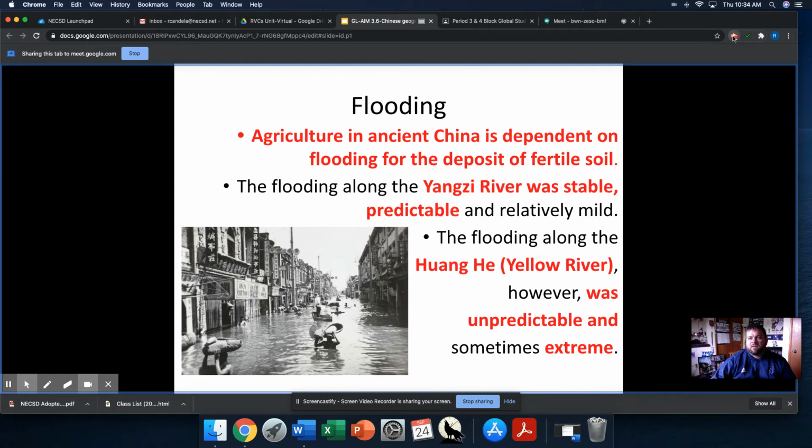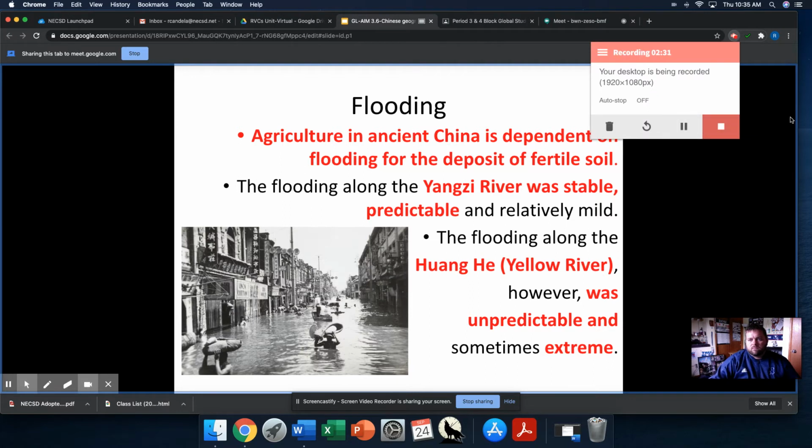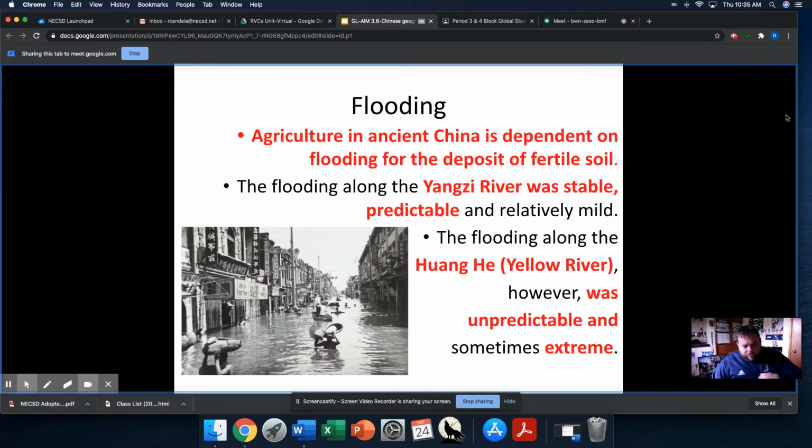I'll give you a second. Okay, so with regard to Mesopotamia, the Tigris and Euphrates flooded yearly, but it was unpredictable as far as timing, and it was also unpredictable as far as severity. And then Egypt, the main difference in the geography is that in Egypt, the river flooded at the same time every year. It flooded for the same amount of time, and it was the same kind of severity every time. So it was super predictable what was going to happen with the river with regard to flooding, as far as when and how crazy it was going to be.